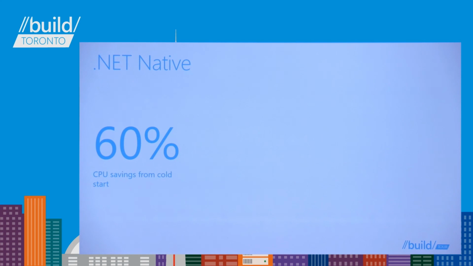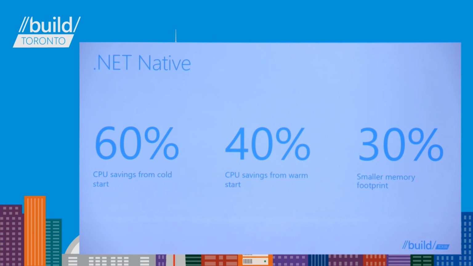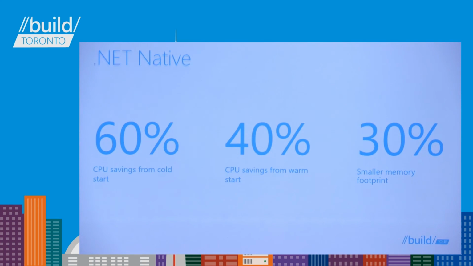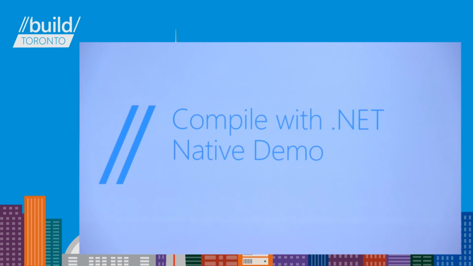The cool thing about this is if you just compile your Windows 10 application with .NET Native, you get about 60% savings on CPU from cold start, or 40% from warm start. And you even get savings from memory of 30% when you run .NET Native. I want to show you one last thing, which is just how this looks in Visual Studio. So if you switch over to the demo machine real quick,